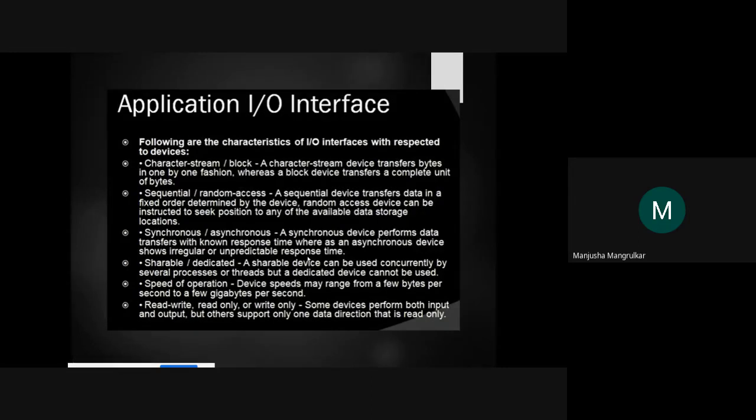Synchronization is with respect to time: it should happen in that same time. That is synchronous. Asynchronous means unpredictable time. Suppose I press A and next day it prints on the screen, what is the use of that? That is asynchronous data transfer, right?